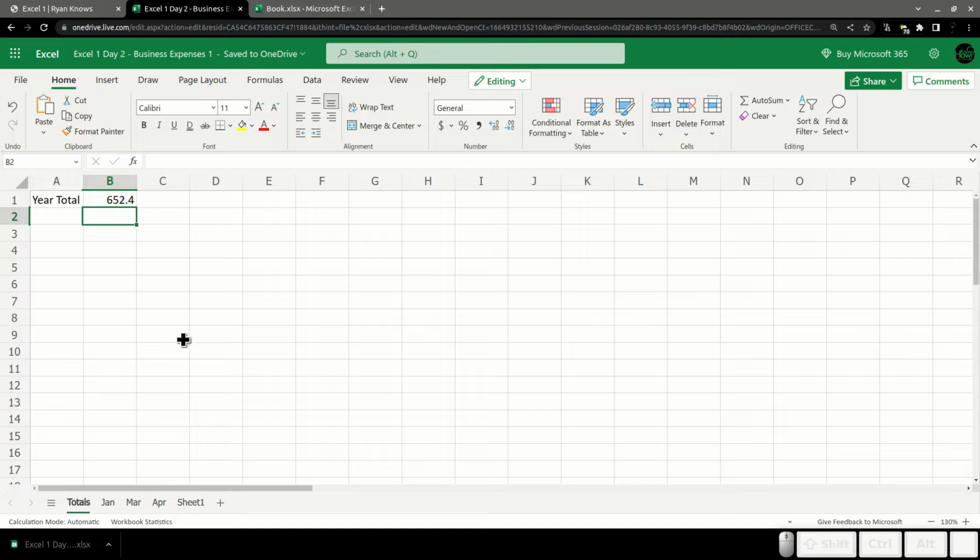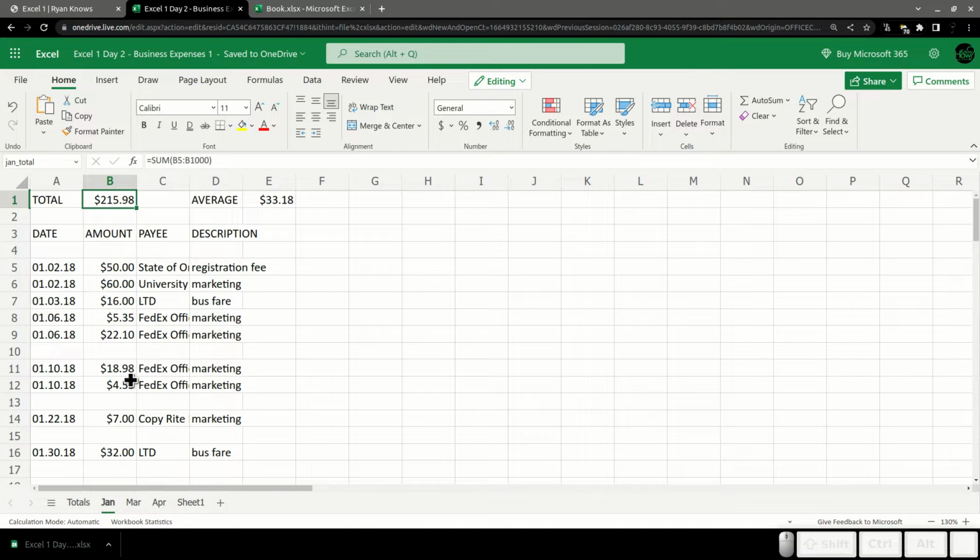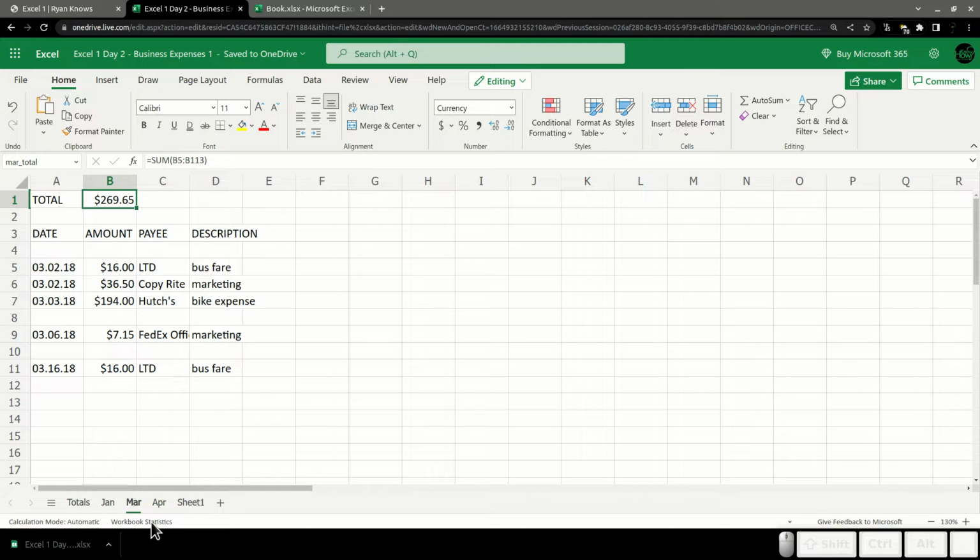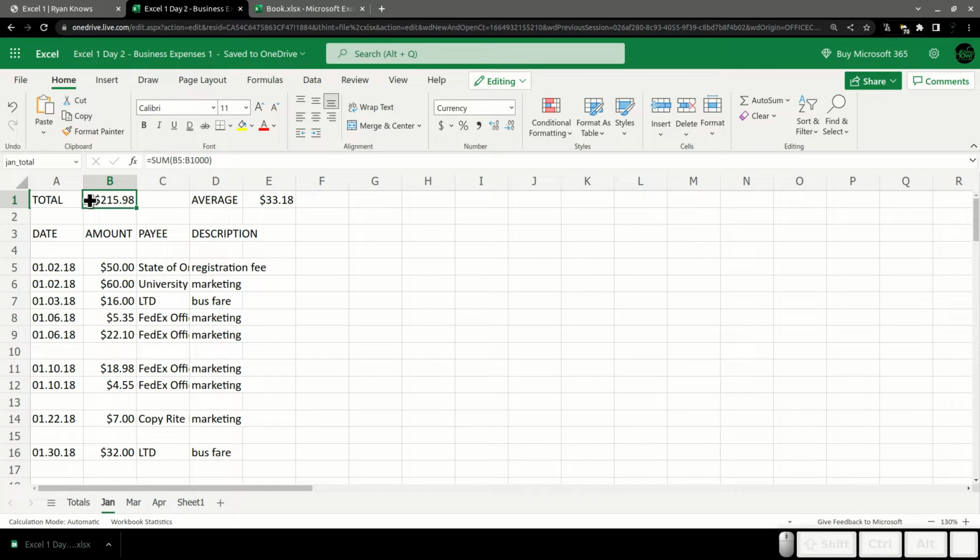If you need some cell to automatically update when you input new information, there is almost always a way to do that without you having to go back and manipulate that cell again. So these named ranges are useful for something like this, but it's also really great just because we might need these totals other places. Maybe we're doing other things with these totals, and so it's really nice to just be able to refer to them as Jan underscore total and not have to remember what cell it's in every time we want to reference it.